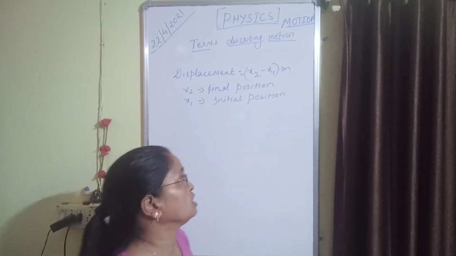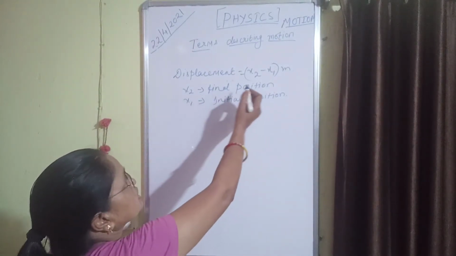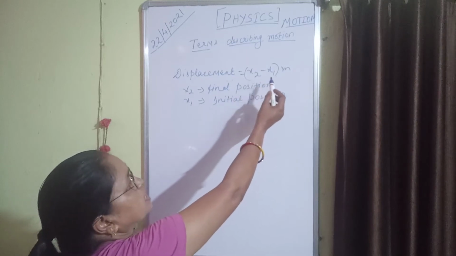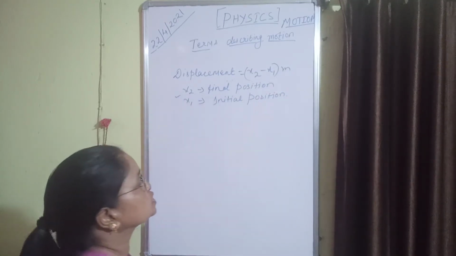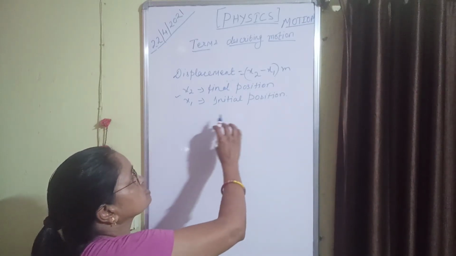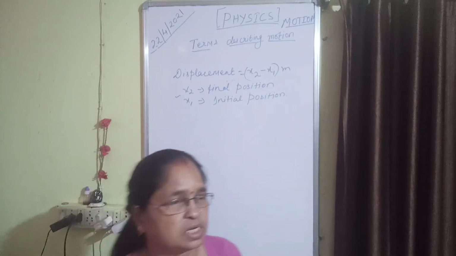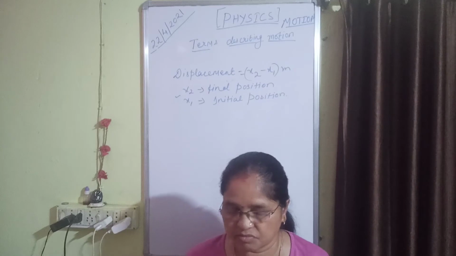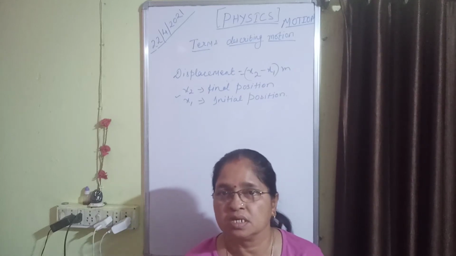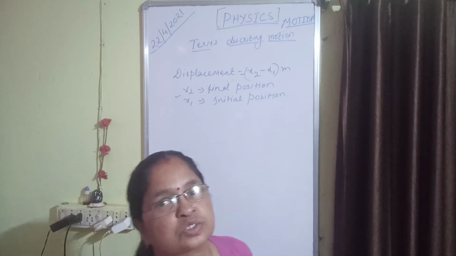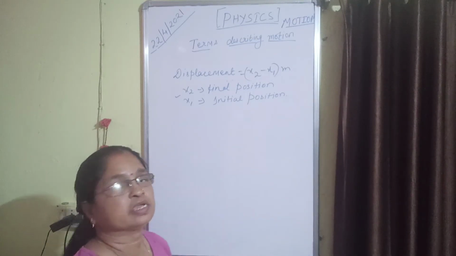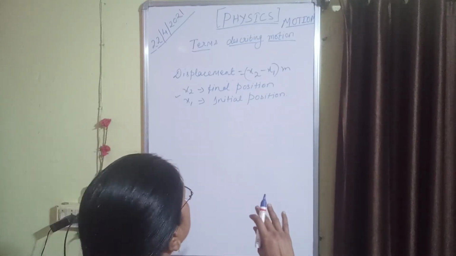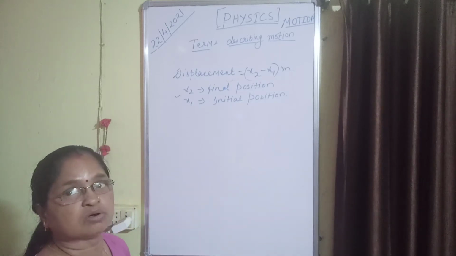So students, you see here, displacement is equal to x2 minus x1 meter. x2 is the final position of the object, x1 is the initial position of the object. You can take any variables, no problem in this, and there is no boundation. So let me show you how we have taken x2 and x1, that is, different positions of the